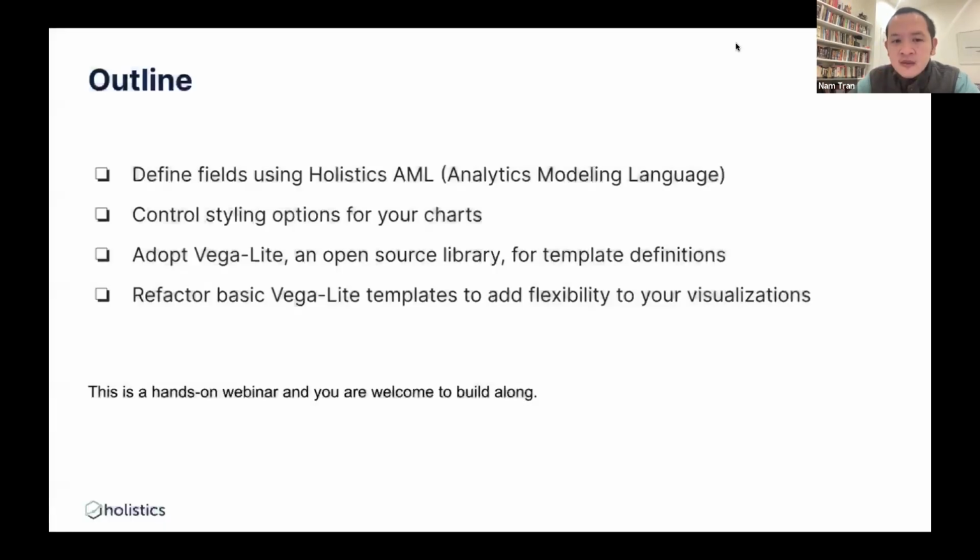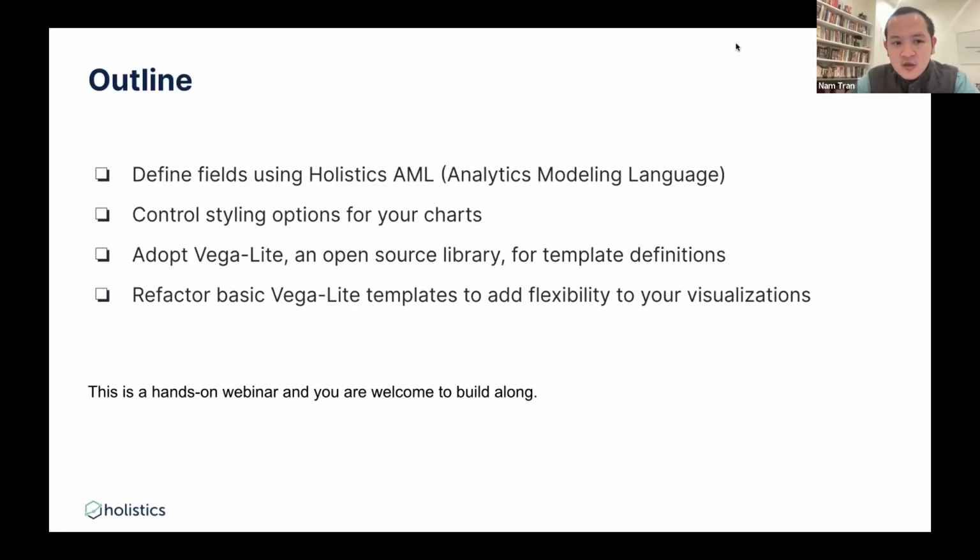Right. So for the outline for this session, we will go over several things. First of all, you will be able to define the fields using Holistics AML, which is our analytics modeling language that we built at Holistics. This will basically standardize the way that you do modeling in analytics, right?